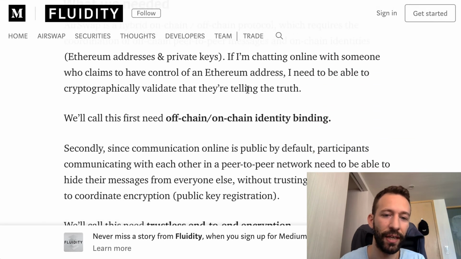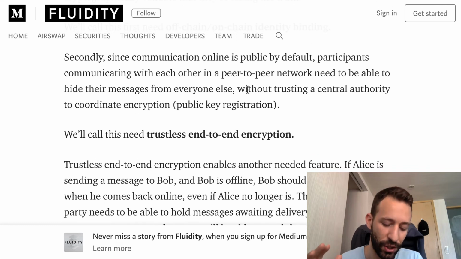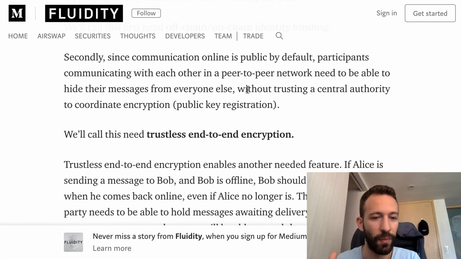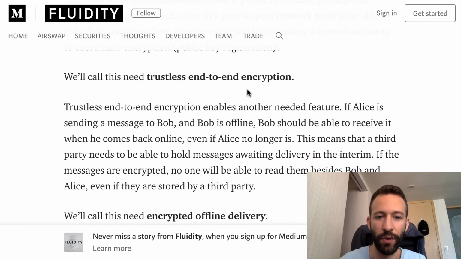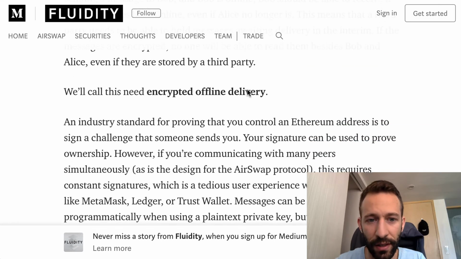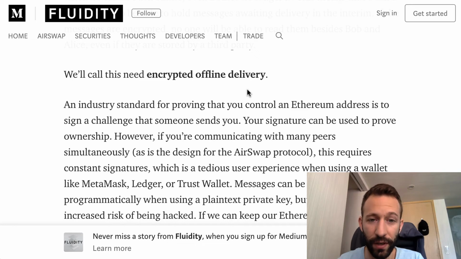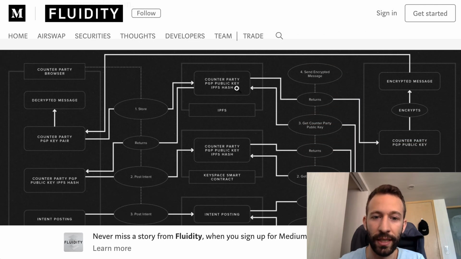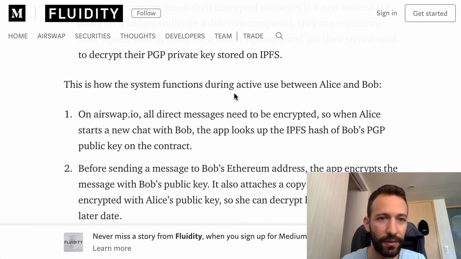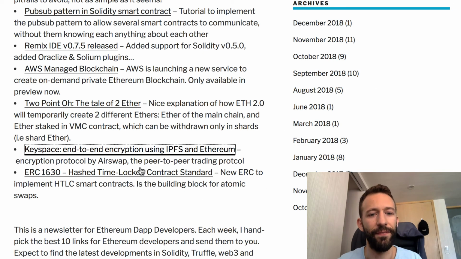My understanding is that their solution is very tied to AirSwap at the moment. Unfortunately, you can't just use it for your own project. But I believe that if they receive a lot of interest, they will probably decide to extract a standalone library for it. The design is quite interesting, it's quite sophisticated. So if you are into encryption and cryptography, definitely check it out. And finally,